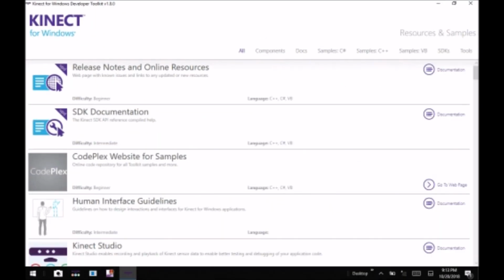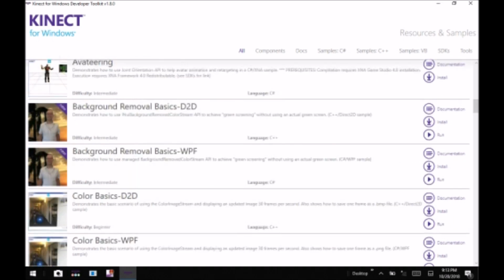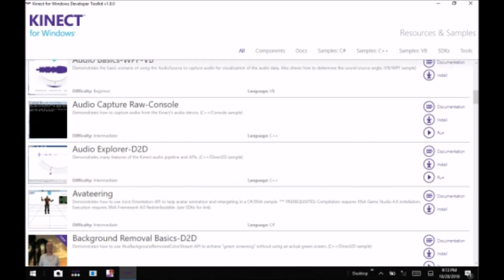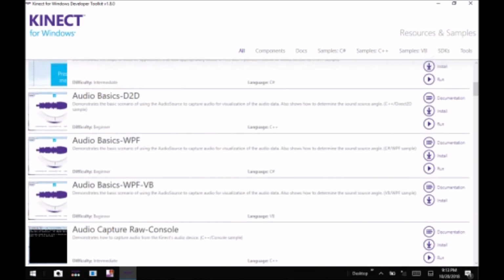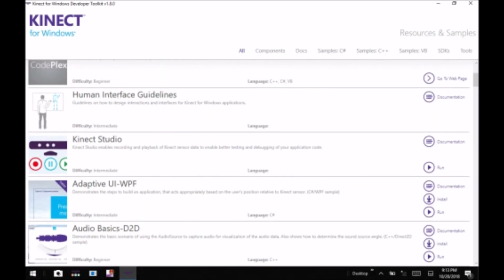Once you bring up your Kinect for Windows Developer Toolkit, this is version 1.8.0, you will notice there's a whole lot of resources that you can select, a whole lot of different things you can use your Kinect sensor for, as far as editing your audio,